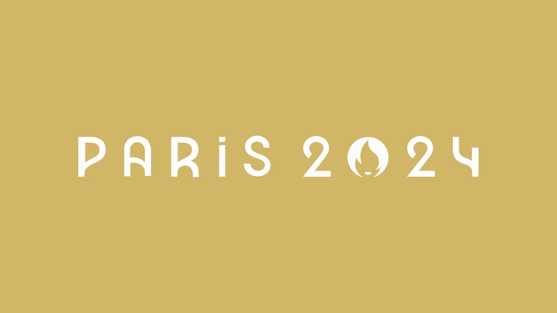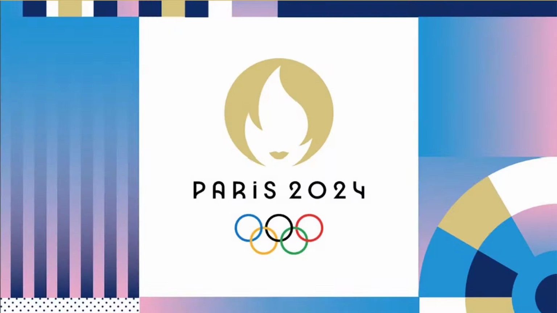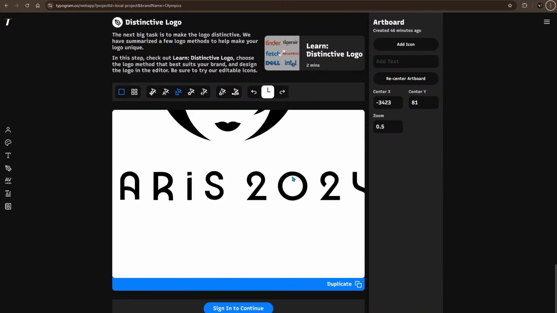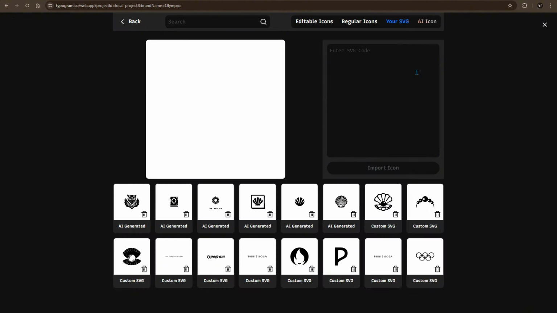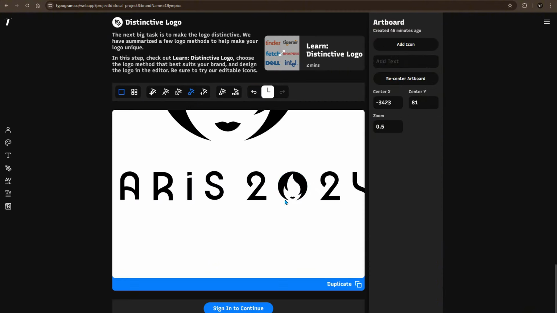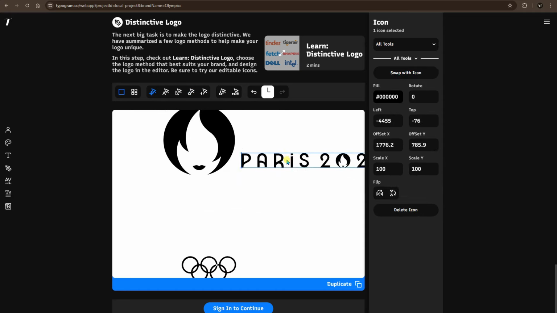The number 0 here is a perfect circle, which presents the next great idea. I think the next great moment of this brand design is using that icon of the woman's face to replace the number 0. The logo itself, the form was very square-ish. We mostly see it in a square when it is put front and center. But a lot of times when designing stadiums and equipment, you can't really put your logo in that square form factor. We do need a long, wide, rectangular shape.